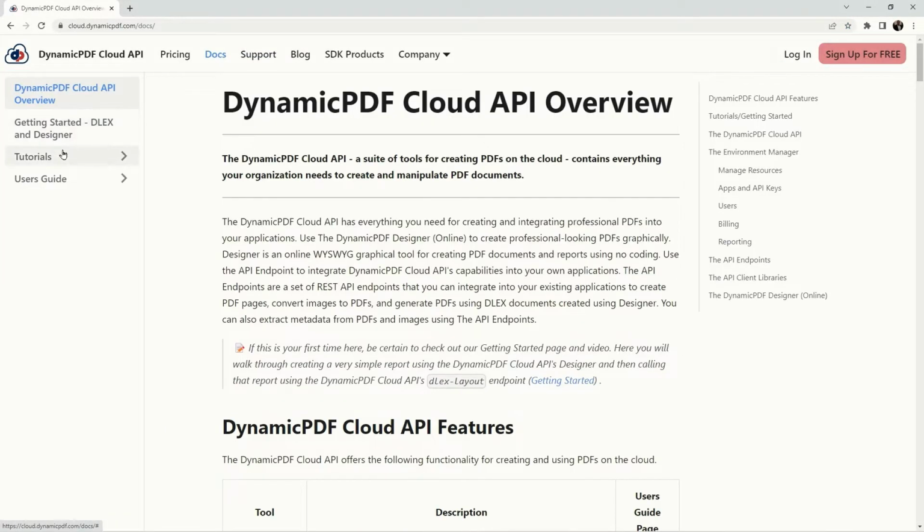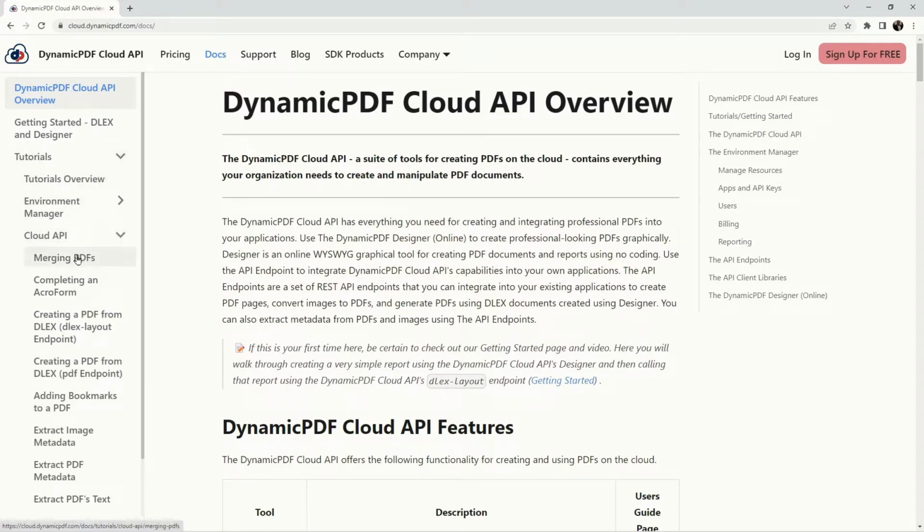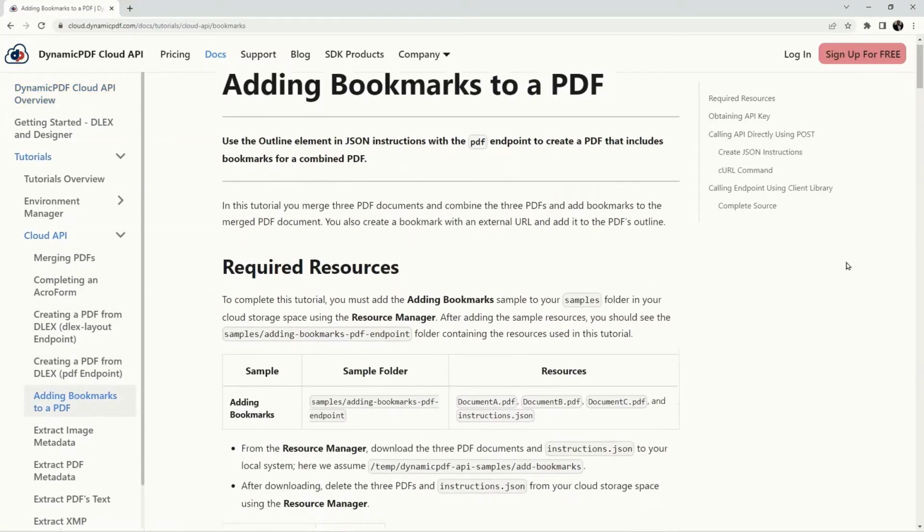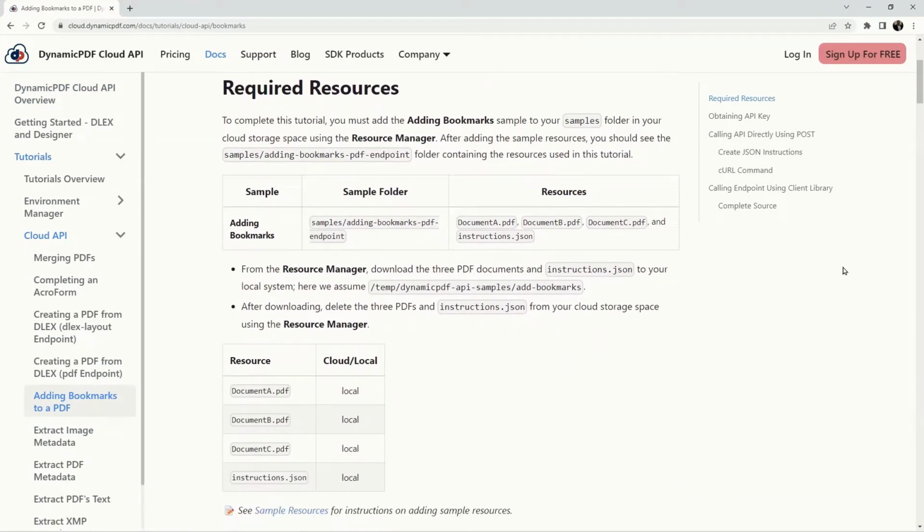Docs, Tutorials, Cloud API, adding bookmarks to a PDF. Scroll down to the required resources. To complete this tutorial, you must add the Adding Bookmarks sample to your Samples folder in your cloud storage space using the Resource Manager. After adding the sample resources, you should see the following: